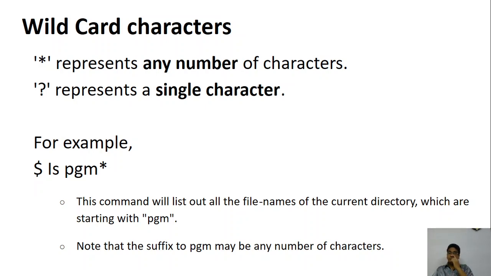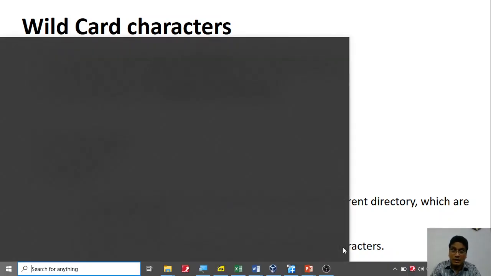So similarly, you can use two types of wildcards in Linux. One is the star, the other one is the question mark. Star means any characters, any number, 0 or more characters. Question mark means one replacement. It can replace only one thing. So let's look at that in action.